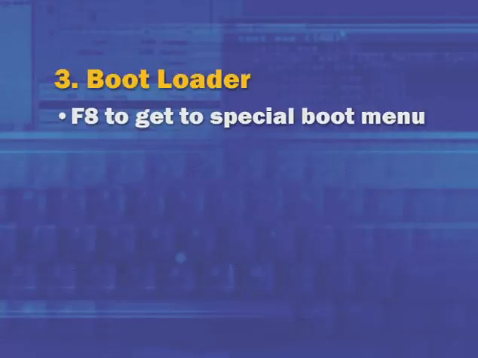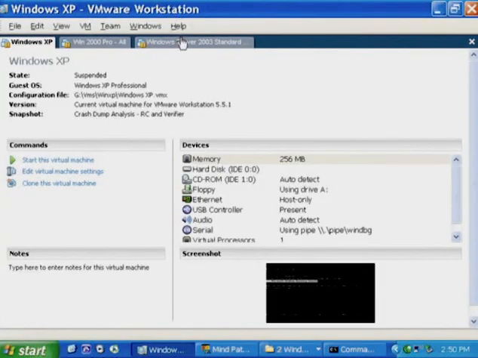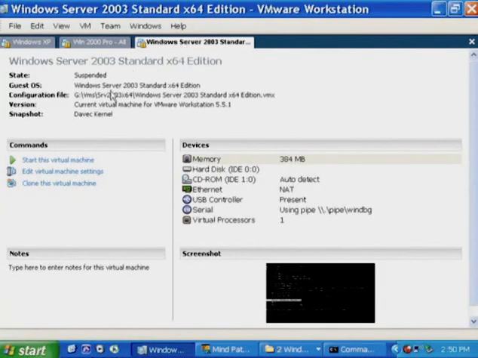Now, NTLoader at this point pauses briefly to allow you to press a special key to stop the boot process and allow you to make special boot selection options. And let's take a look at that special boot options menu. We're going to switch over to a virtual machine where we've paused the boot of a Windows system. We're going to resume that virtual machine.